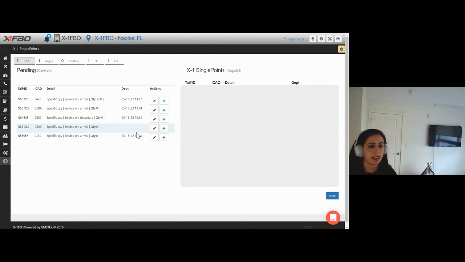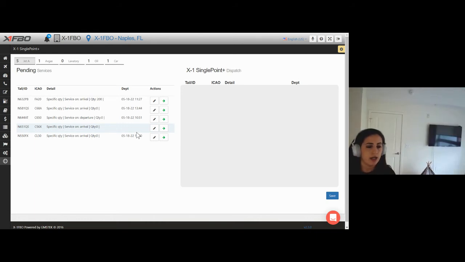So one of the requests we kept getting was, is there any way to organize that list so that we can have a priority in the pending services from the SinglePoint app? So if I were to tell my fueler, hey, here's your SinglePoint, just go off the list of pending fuelings or go off the list of pending labs and be able to organize it,